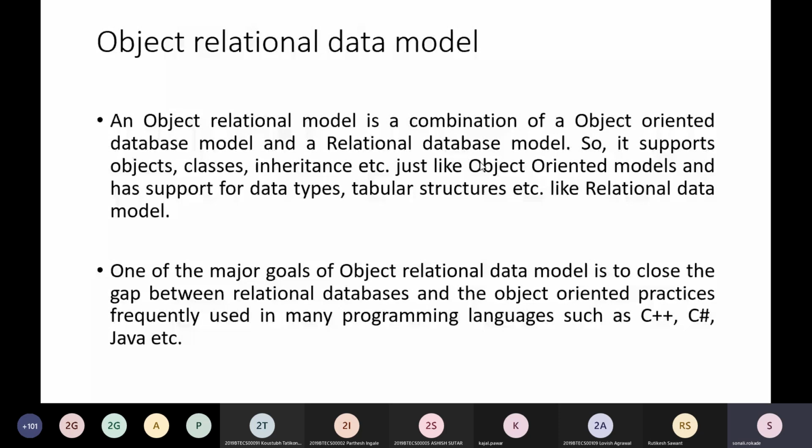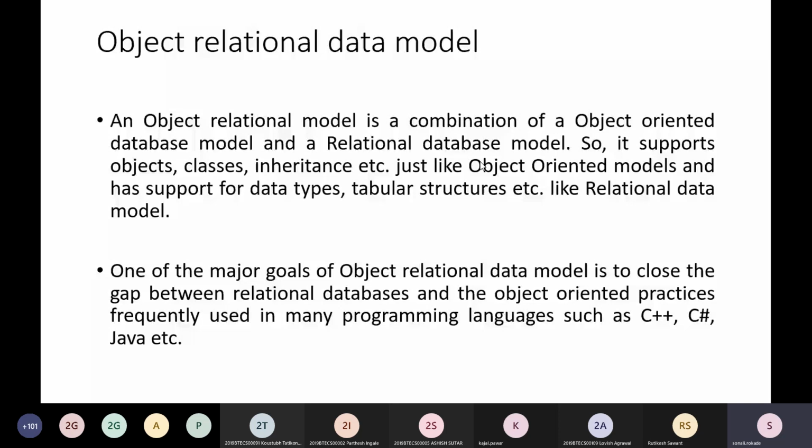So this object relational model is a combination of object oriented and relational data models. It will support the properties of both. It can include objects, classes, inheritance, and other data types and the tabular structure available in our relational data model.